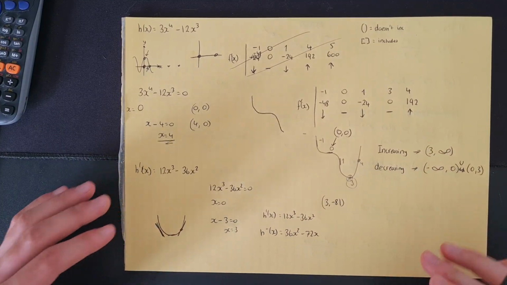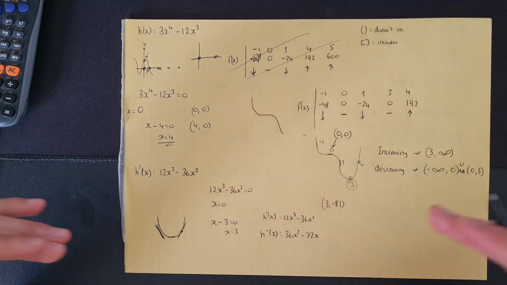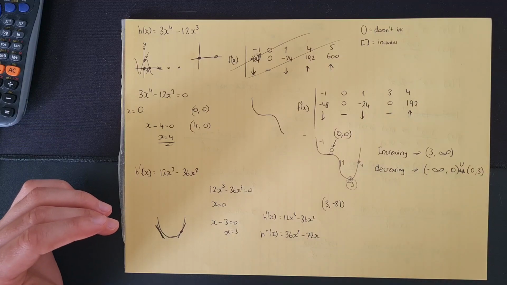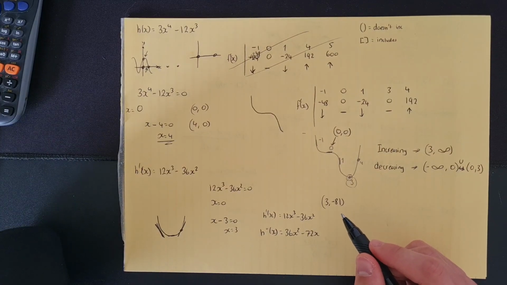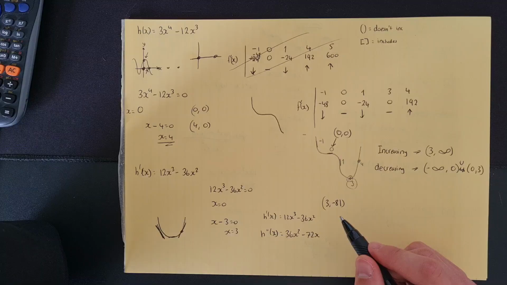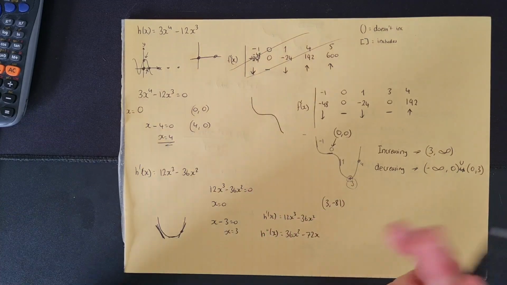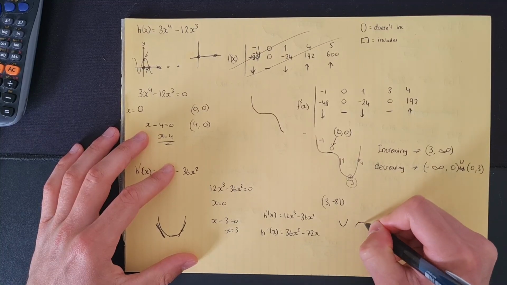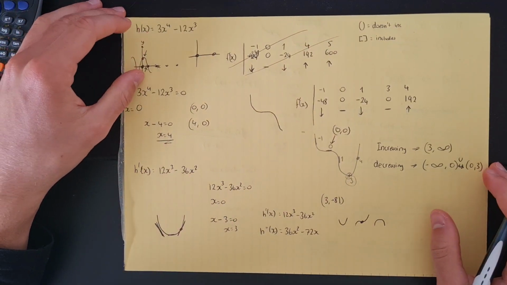Now, for the second derivative, they're asking us to find the intervals where it's concave up, concave down. So essentially, I think it's if the second derivative is positive, is greater than 0, then it's concave up. If it's less than 0, it's concave down. And if it is 0, then it's a point of inflection. But then you, of course, have to check it in the original equation to make sure it is actually a